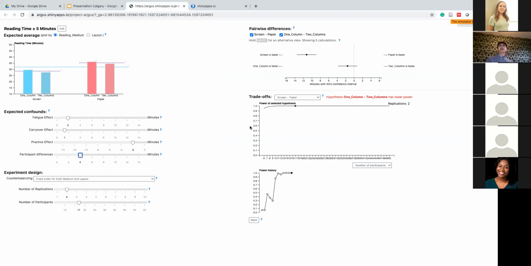Now, you can see that the power is above 0.8. And that means this setup could most likely achieve the effect. Then this is a power history preview.